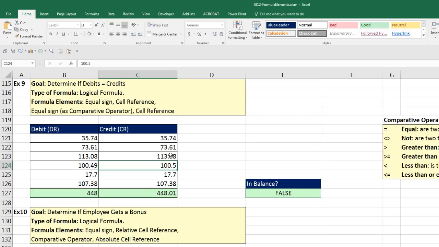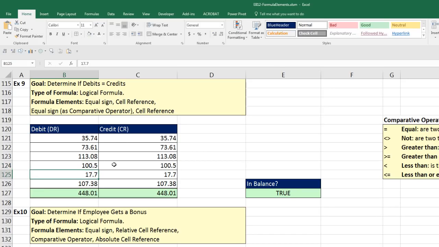And instead of trying to track it down, they were just hiding the decimals to make it look like it was in balance. So I'm going to increase the decimals back up here, and I'm going to fix the problem. Now, actually, I wouldn't be able to fix the problem just looking at this. I'd actually have to go look at the source documents and see, was it 49 or 50? So I went and looked at the source documents, and sure enough, it wasn't 49, it was 50. So I'm going to type